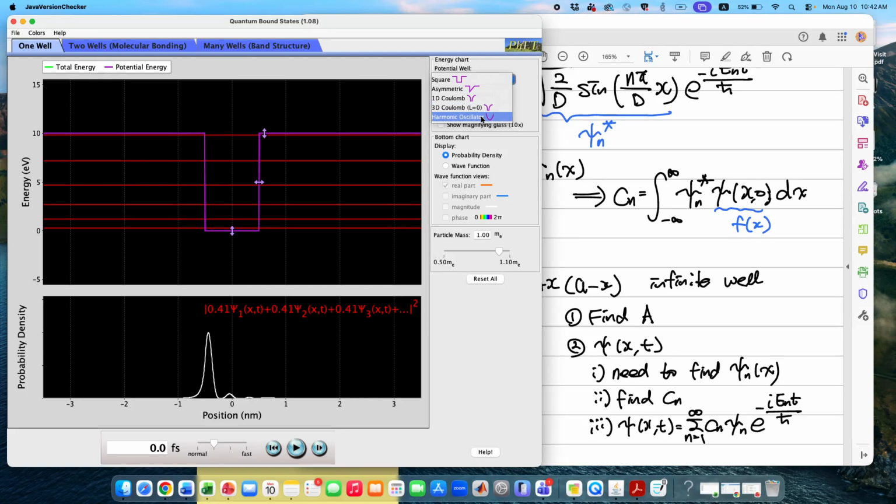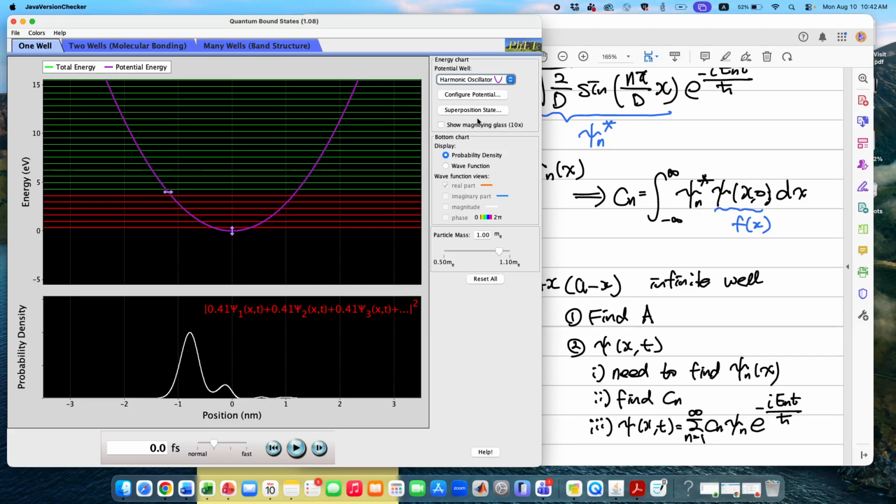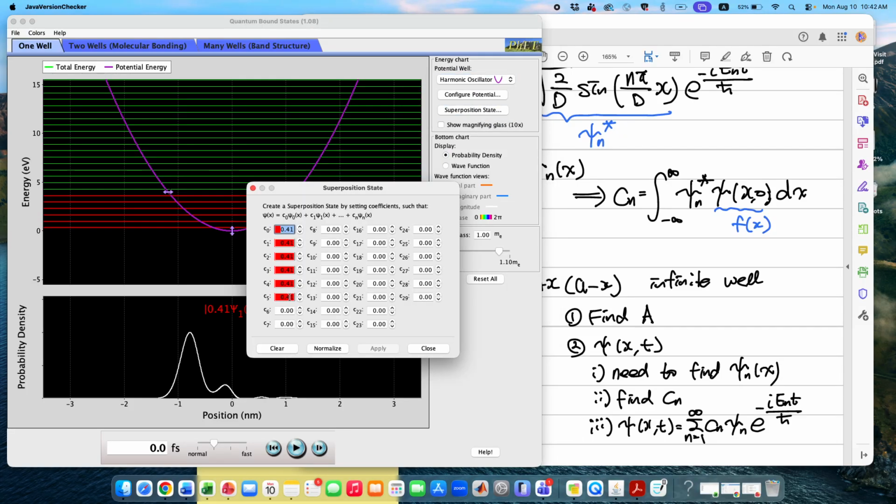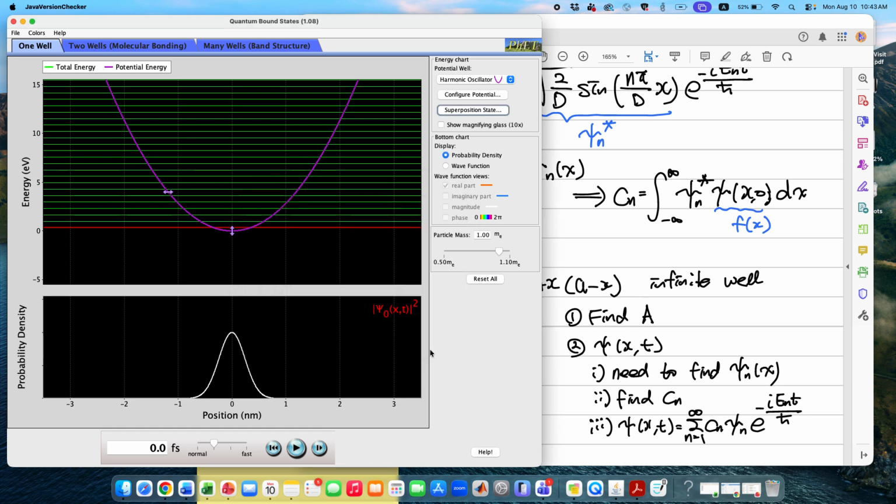Okay, you can actually choose harmonic oscillator. And then here I'm gonna basically clear one. I'm gonna just activate just one wave function. Okay. So let us look into this one. This is a probability density function. Okay, so for the ground state energy, and then I can actually increase further here.